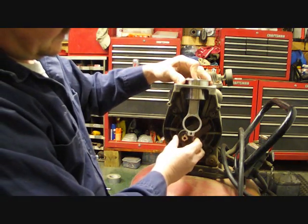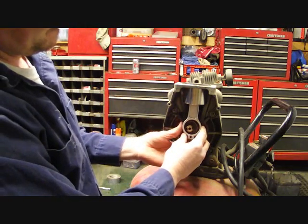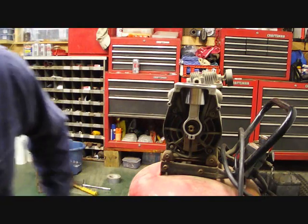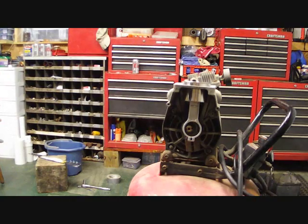This right here is actually going to go back into this bearing. So we're going to have to put it right back in there. Give me a second to get my tools together. Alright, now that I got my tools together,